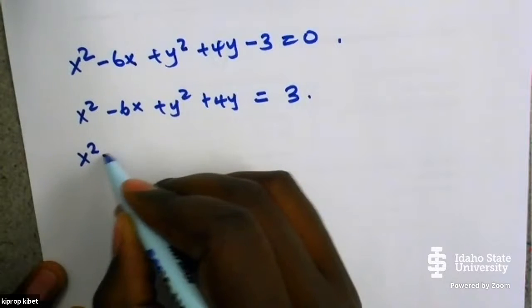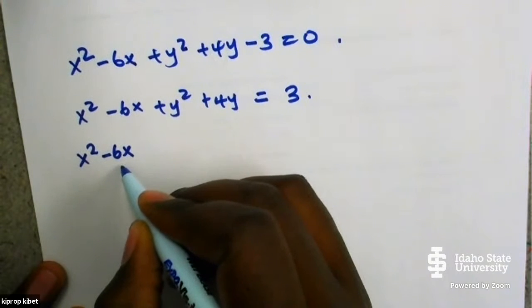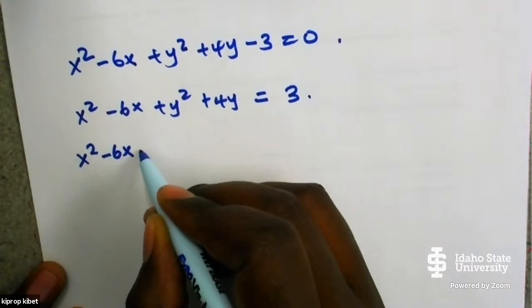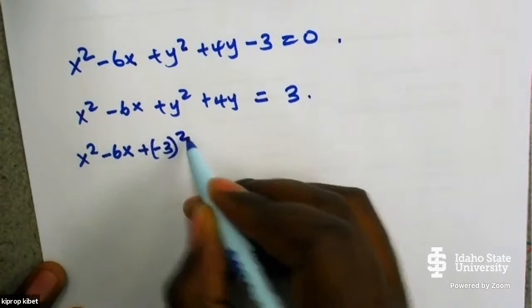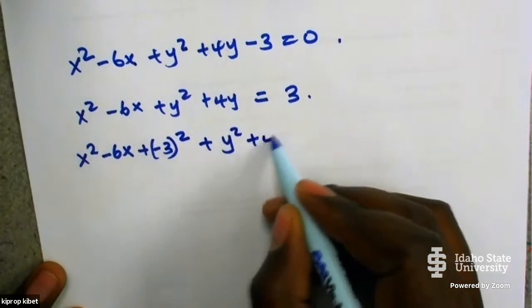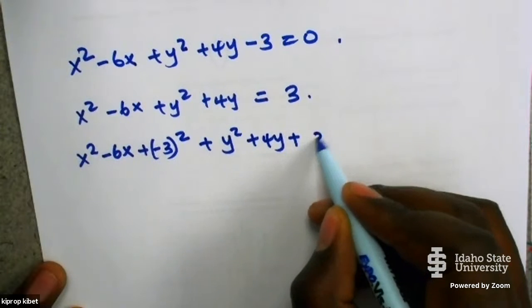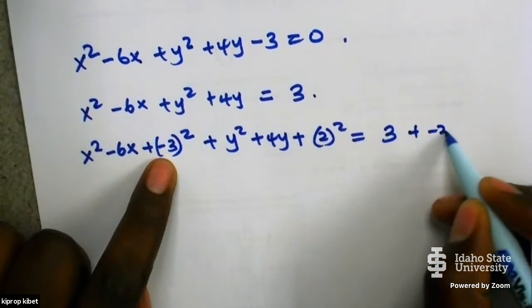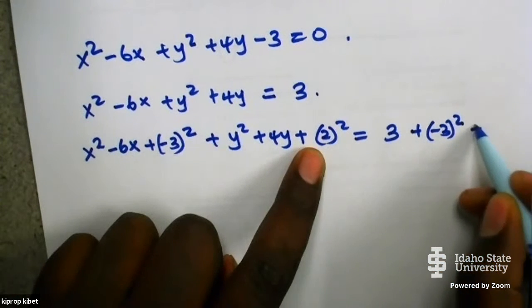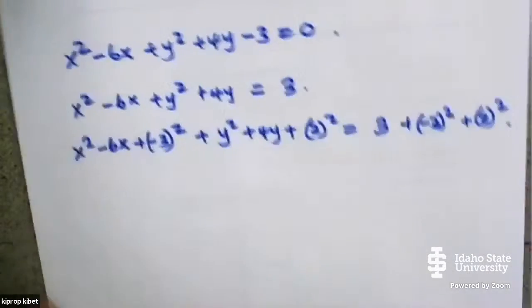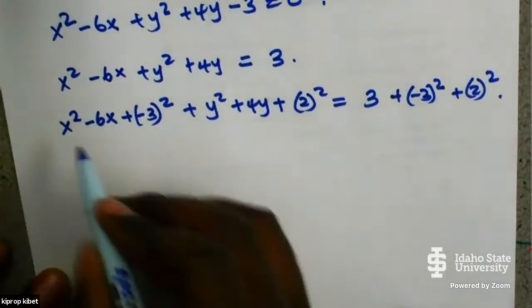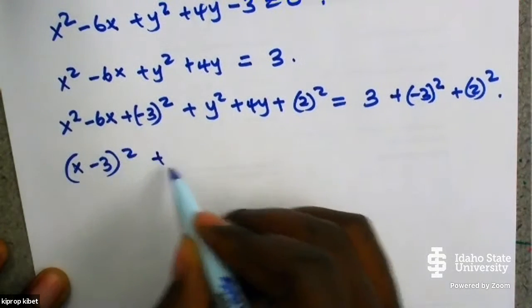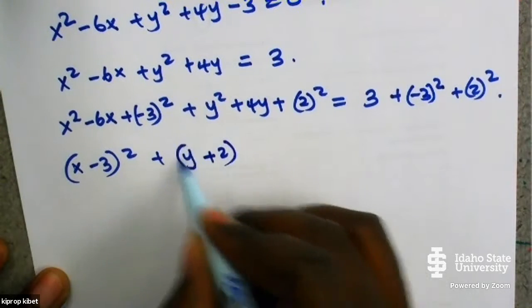So x squared minus 6x, the coefficient of x is what? Minus 6, so half of it is minus 3, right? So plus minus 3 square, plus y square plus 4y plus 2 square. Then 3 plus minus 3 square plus 2 square. So looking at this, this is x minus 3 square plus y plus 2 square equals